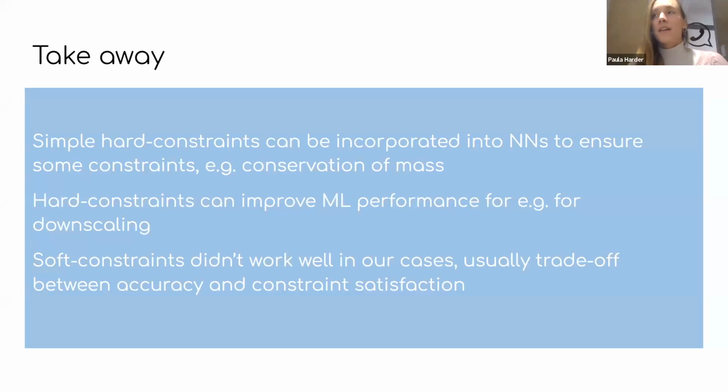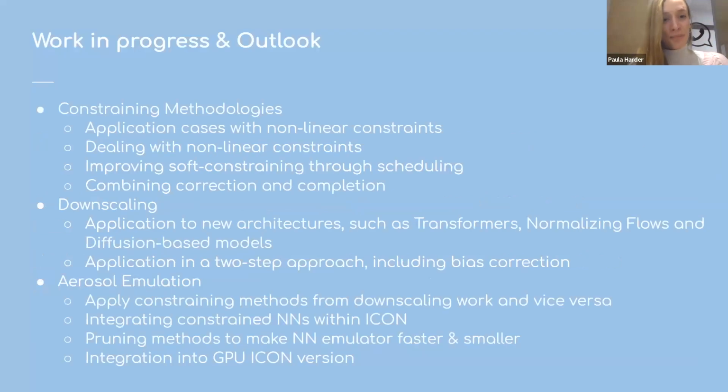But here in our cases, the hard constraints performed better, had the guaranteed satisfaction of constraints, plus they were actually easier to handle and to train. So that was a clear win, but I also know that there are some cases where it's not that. For example, with the hard constraints, we only incorporated fairly simple constraints, whereas with the soft one, you can put anything in your loss function. So that's a big advantage of the soft constraints.